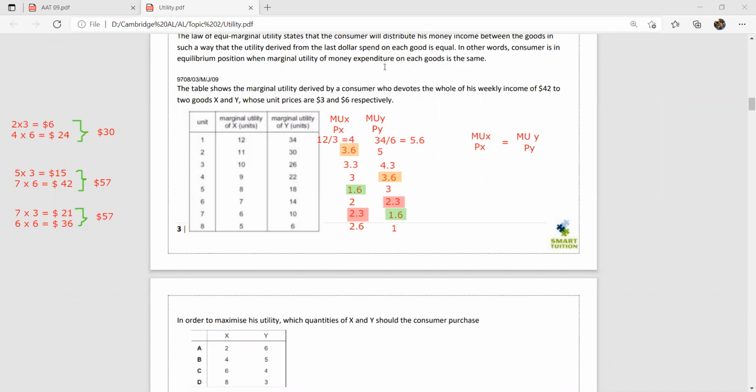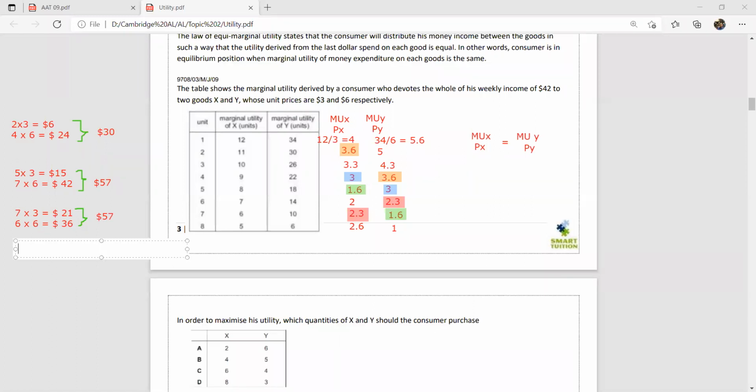One more set is there. 3 and 3, right. Then the blue color one,